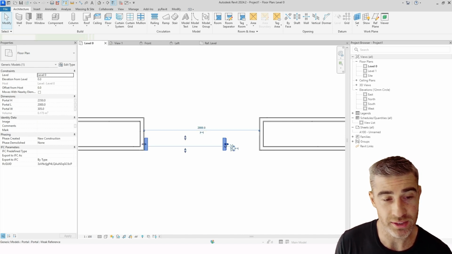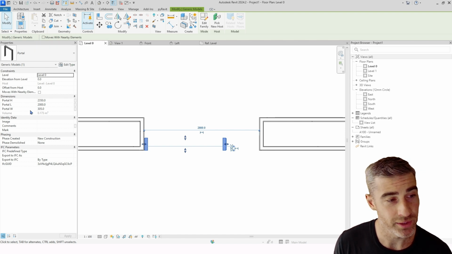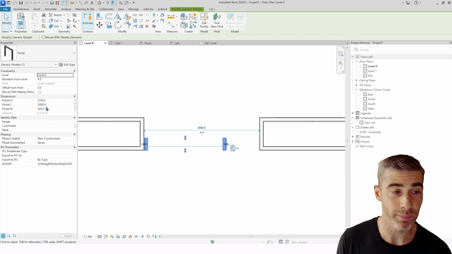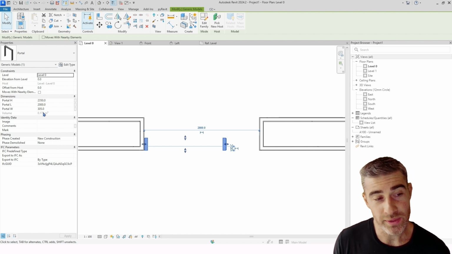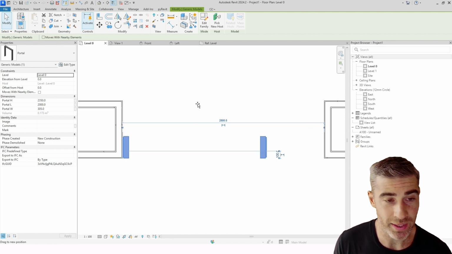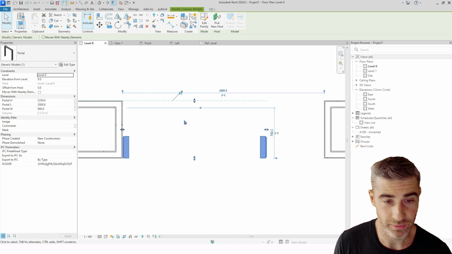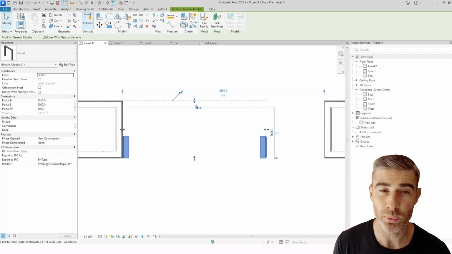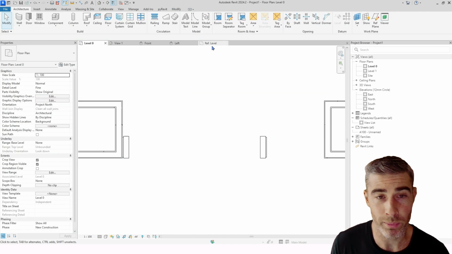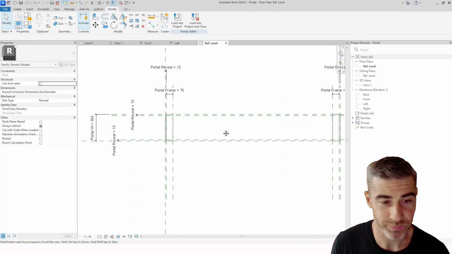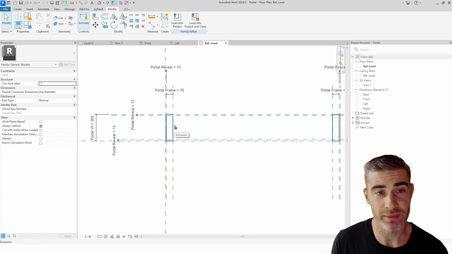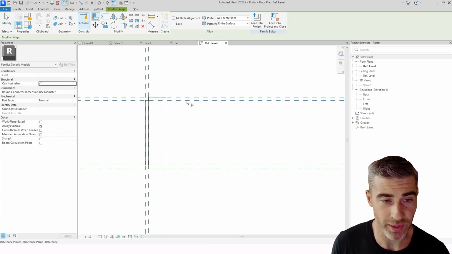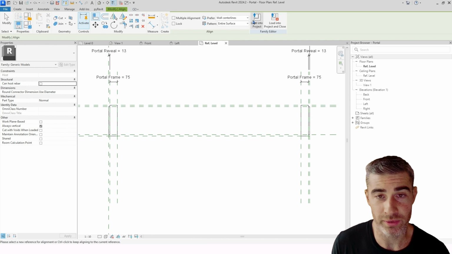So when I select on this, on the properties, you can see here now those dimensions pop up here. Not only do they pop up here, but I can actually drag this to these openings. And this is a prime example. So I'm glad this worked. Like, I dragged it and nothing happened. So that means if I go back to my family, it means that these constraints aren't being locked. So we want to make sure that I'm locking those elements or the mass to those reference planes. And in doing so and loading that back in,